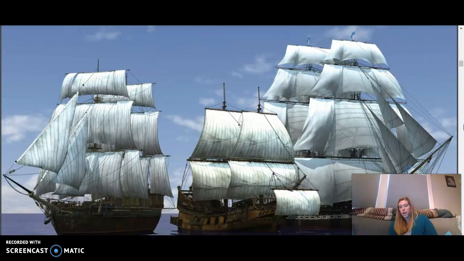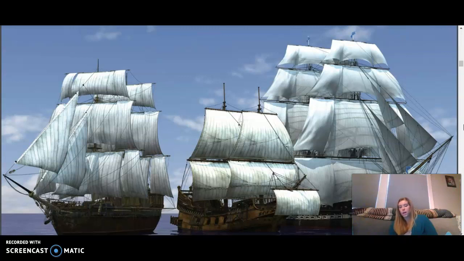Columbus set sail in August of 1492 with 3 ships. Does anyone remember the names of the ships in his fleet? That's right, the Nina, the Pinta, and the Santa Maria. Columbus sailed west for 5 weeks. After a while, the sailors started to get worried and scared about how far they had sailed. Nobody had ever sailed so far west from Europe.